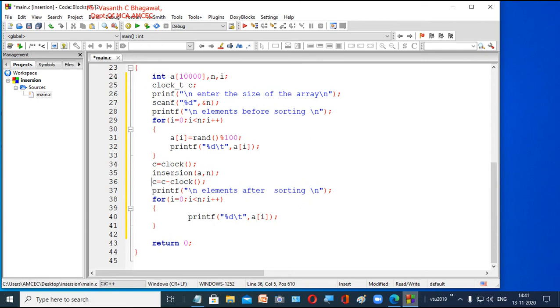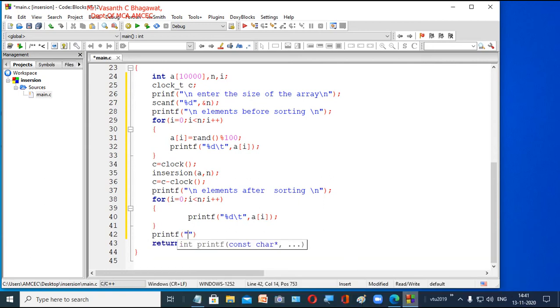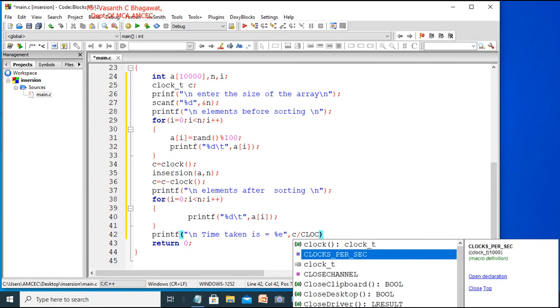So now once you have displayed all the elements, we will printf. Now what we need, slash n, the time taken is equal to %e, comma C divided by CLOCKS_PER_SEC, in capitals.